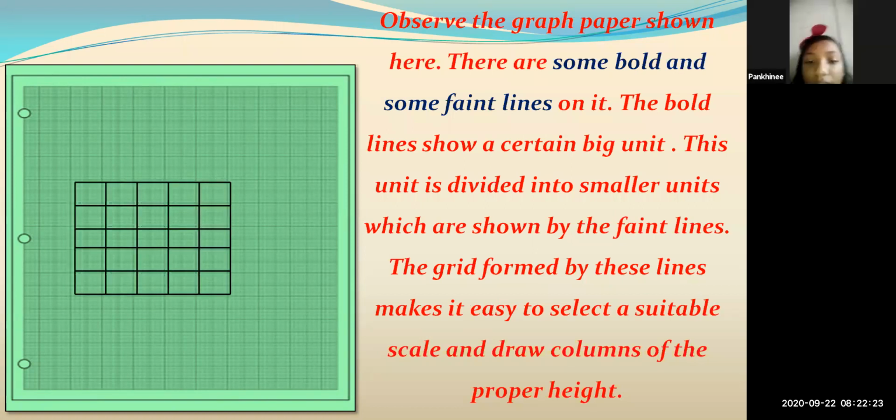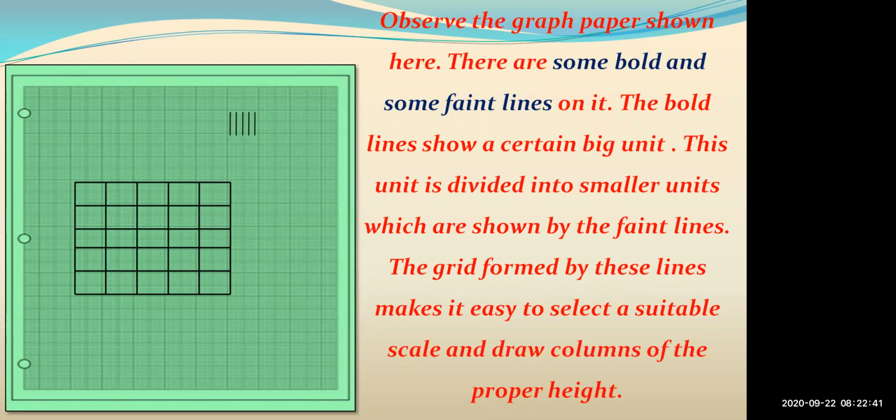The bold line is used to draw on the 10, but lower than the 10 there were faint lines. Yes, centimeters we are considering for bold lines, and millimeters we are considering for faint lines. Okay, now pay attention here. We will see next what is given. See, now you can see here 1 centimeter boxes are there. In that, small boxes are there, that is your faint lines, and this big box is 1 centimeter, it is your bold line. Understood?